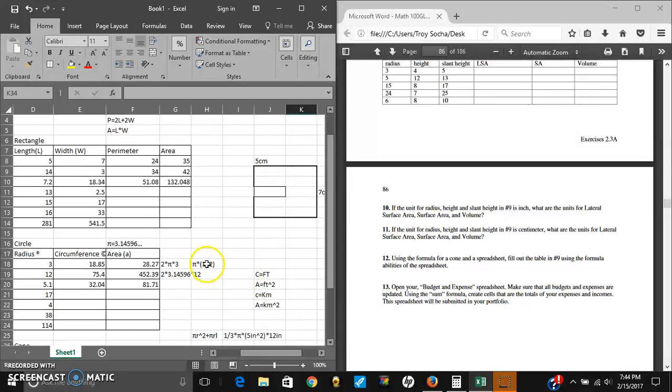Show you real quick how to build a formula. To build a formula in Excel, if you refer back to our other ones, we need to know